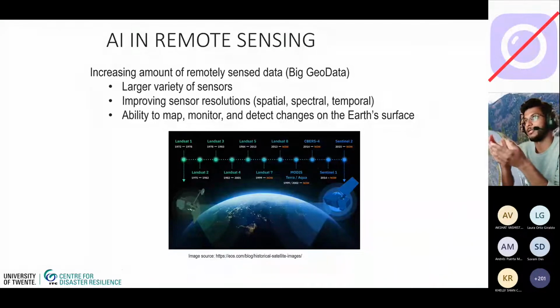a large or vast variety of sensors which are available freely. For example, this image I took because we can get this open access data: Landsat, MODIS, Sentinel, Sentinel-2 now, and the data are vastly available. They are big data now, and we can use these for making our decisions, derived from remote